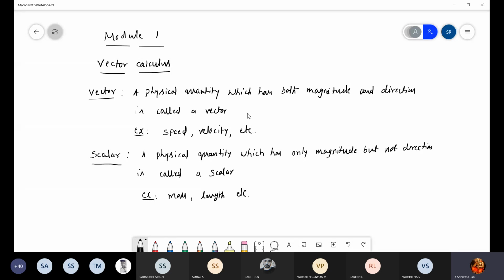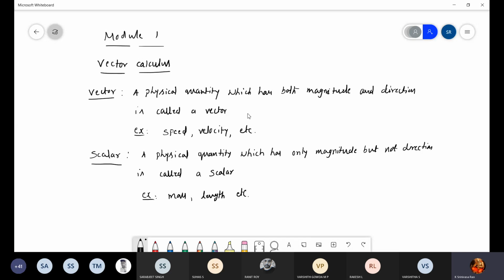Okay. Mass means it has only magnitude, so no direction, because if you take 1 kg of stone or whatever, that is a quantity, and if you move upward or downward, the mass does not change. Okay, is it right? Similarly, the length also. Whichever direction you are moving, we just tell that it has some distance. So maybe 5 kilometer or 10 kilometer, we will not say it is minus 5 kilometer, minus 10 kilometer. Okay, so that is scalar. It contains only magnitude. So there is no direction at all. Direction does not alter here.